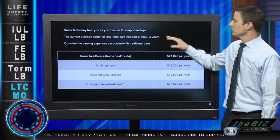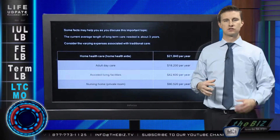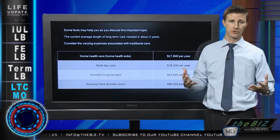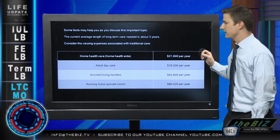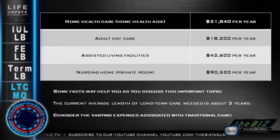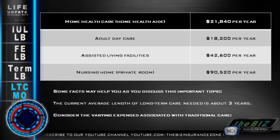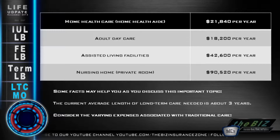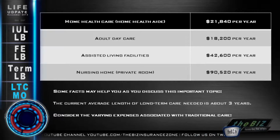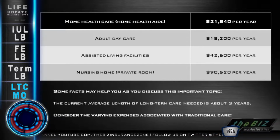Currently, we see on average about a 3-year stay in a long-term care event. So on average, people have these events or need these types of benefits for at a minimum 3 years. But we also find that it's extremely expensive on an annual basis to provide care. The chart you're looking at on the screen is provided by one of our partners, Allianz Life. They found that average home health care is over $21,000 a year. If you go down this list, you'll notice that something like a nursing home with a private room,